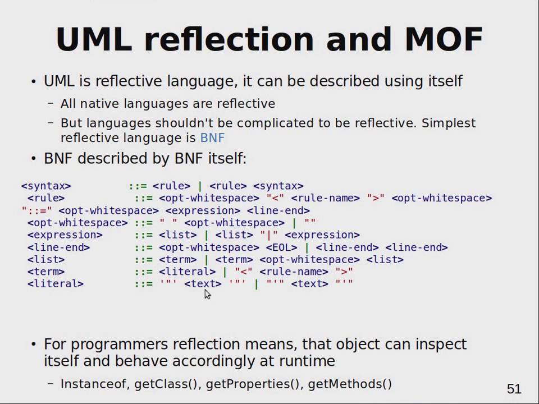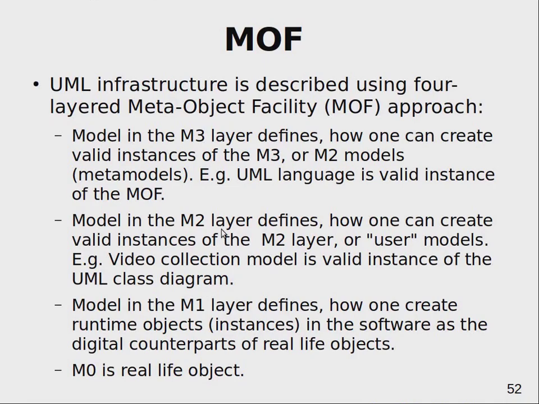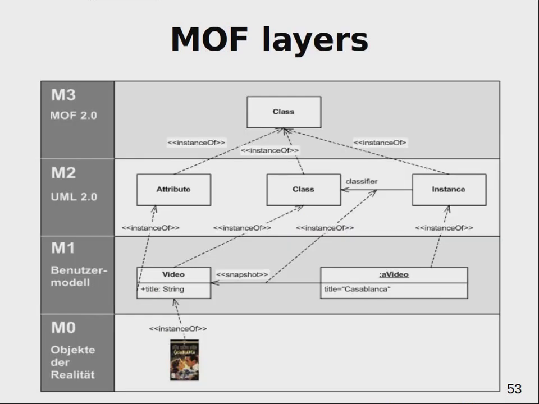So a similar reflective thing is used in UML, and because it is a tricky business, there is a big part of the UML infrastructure standard which describes very precisely how exactly this reflection works, how exactly you can use UML to describe UML itself. So everything in this infrastructure of the UML standard is about description of UML using UML diagrams. In most cases they care about static structure, that means mostly you see class diagrams, and how this works